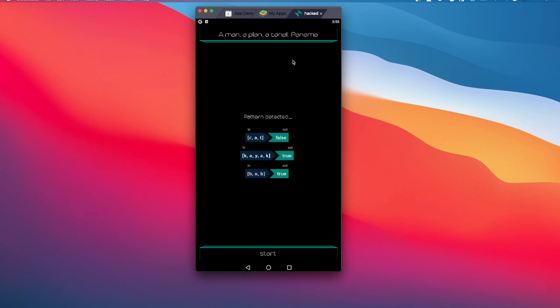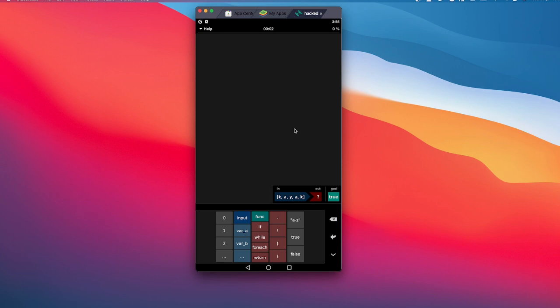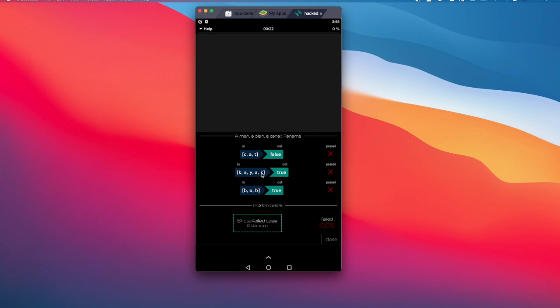A man, a plan, a canal, Panama. Since we know what this pattern is talking about, let's see how we're going to write the code. When we start, what comes to mind is that we are definitely going to look through the array. Then we compare whether the reverse of the actual array is the same thing as the